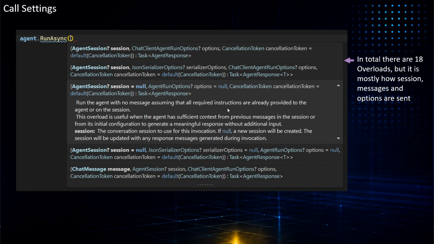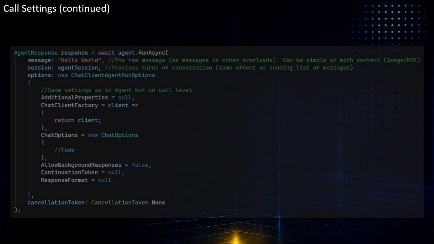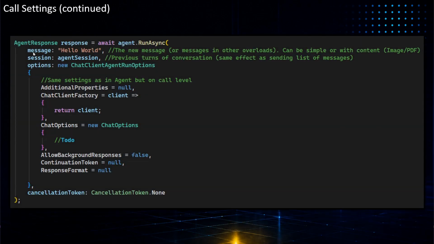But what we will see is that in essence, it's very, very simple. You send your message, or one of the overloads, with either just a string or a chat message. Chat message is a good way of doing it if you need images and PDFs because it can have additional content. Or a list of messages if you don't want to use agent sessions, meaning previous turn conversation.